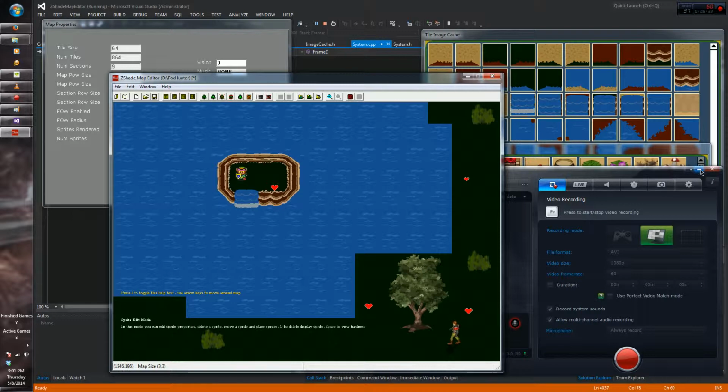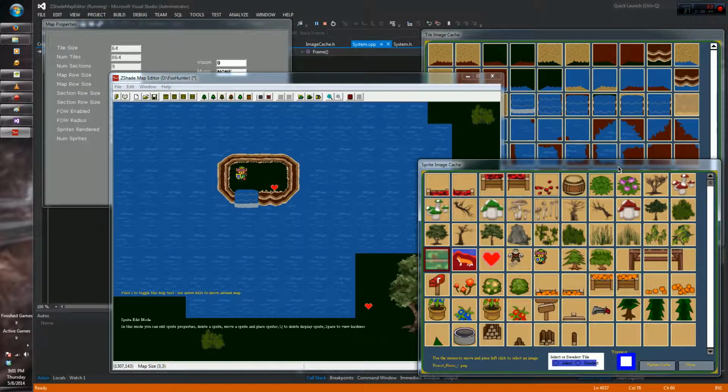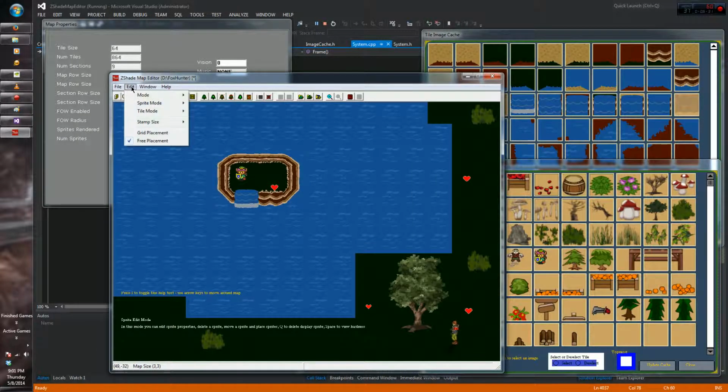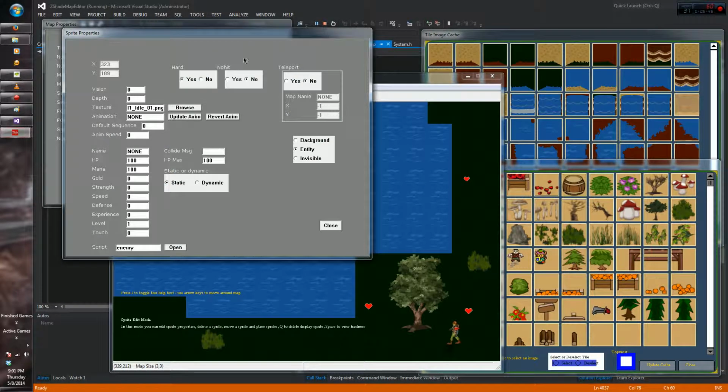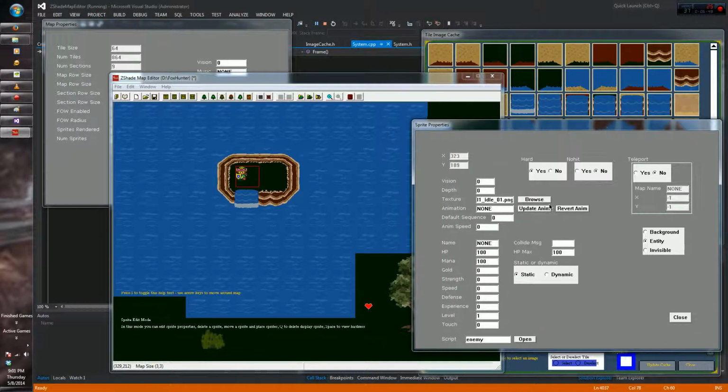So now we'll go into some other attributes in the sprite mode. See, we can delete sprites right off the map. And we got sprite properties, just like tile properties, but there's a lot more stuff. You can have static or dynamic sprites, and update animations,